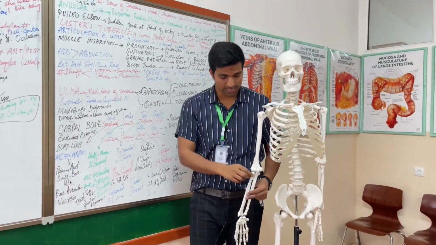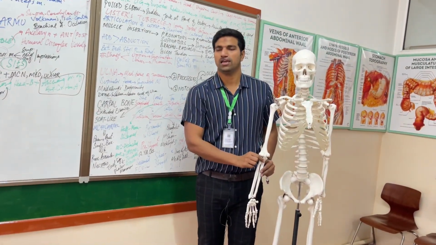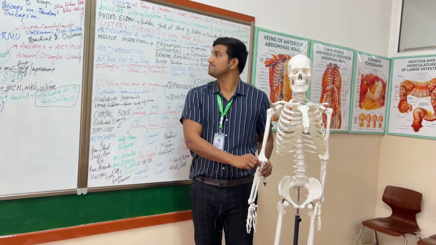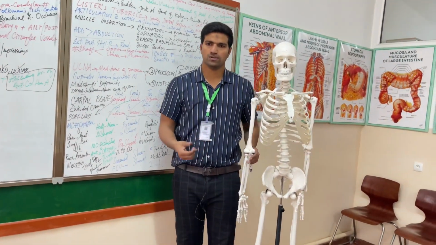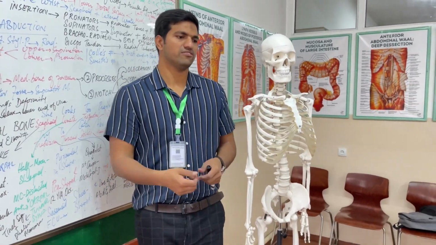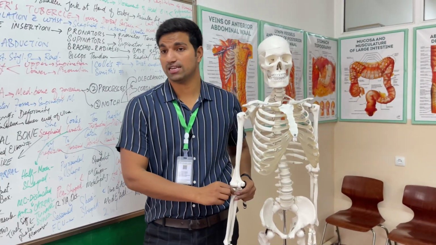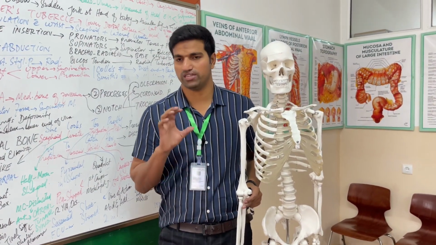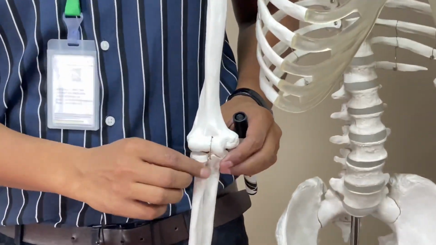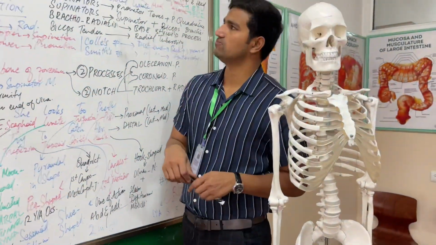Then we will talk about the annular ligament. There is a ligament over here which attaches the head of the radius with the ulna, and it makes the superior radioulnar joint. And there is a clinical feature called pulled elbow. When we give a jerk to the hand of the baby, there will be subluxation at the annular ligament, and it will lose its grip over the head of the radius. That superior radioulnar joint will be subluxated or displaced, mostly in the baby's arm.